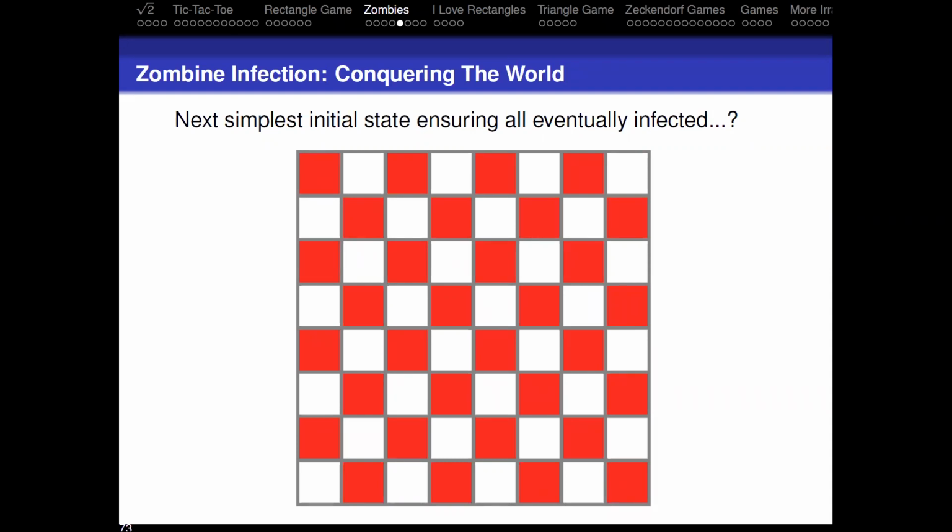So we did infect everybody, then we infected the checkerboard. Can you give me something smaller that will eventually have everybody infected? Smaller than the checkerboard. Like one less. So you could do one less. Yeah. But you could do a much, much, much smaller number. Can you think of any pattern that might be significantly smaller than the checkerboard?